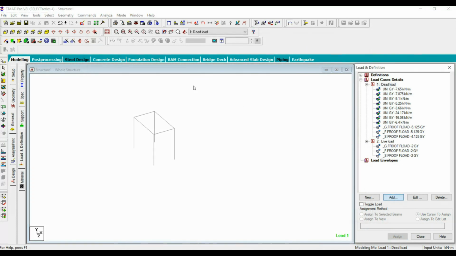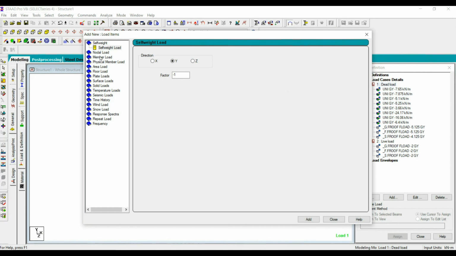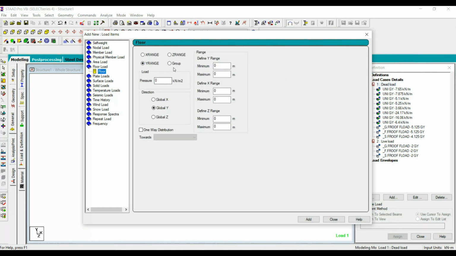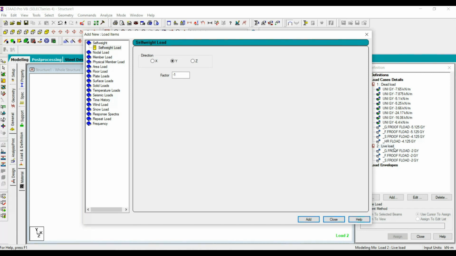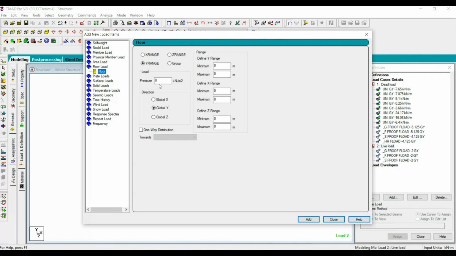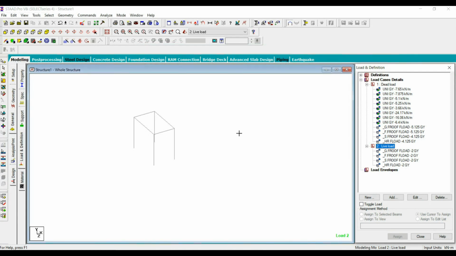Go to dead load, add 4.125. Here also there will not be partition load, so we can add 4.125, and then live load, -2. So that's all, the loads have been assigned.